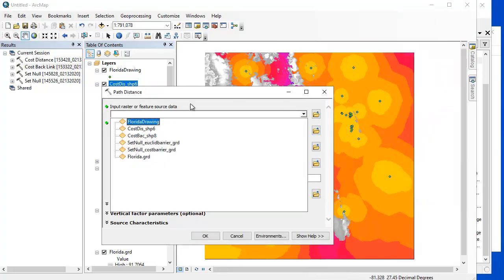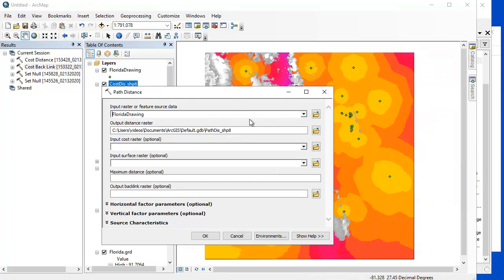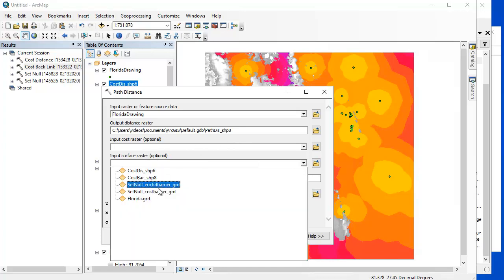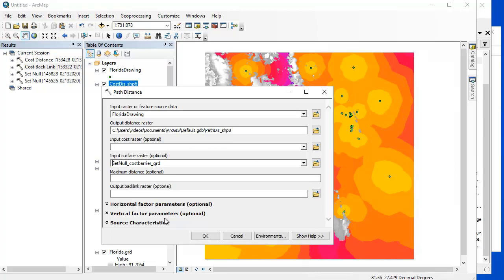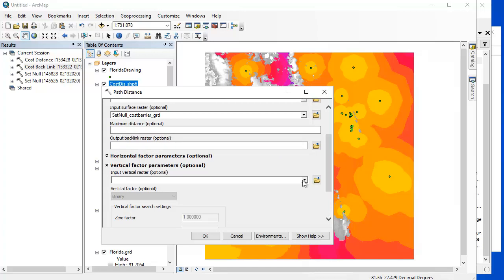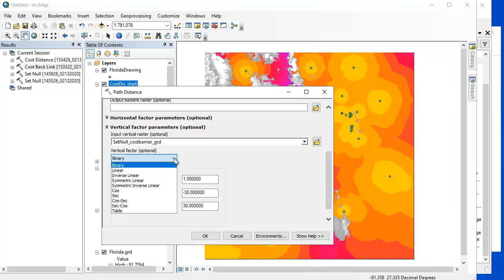The input feature is going to be the Florida drawing. And this is where it gets a little tricky. I've got to remember how to work all this stuff. The input surface raster is going to be this cost barrier grid, and the vertical raster is also going to be the cost barrier grid. And the vertical factor you have to set manually,